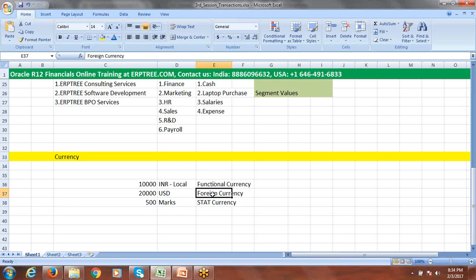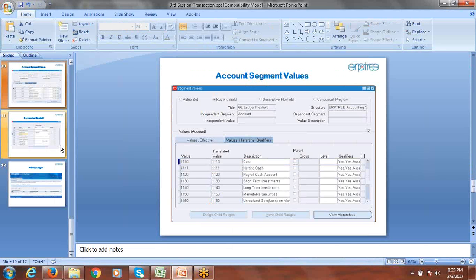So functional currency, foreign currency, and stat. Functional means the country's local currency. Foreign means other than our local currency; all other currencies are foreign. Stat is in reality not a currency. Statistical information like marks, kilograms, square feet, meters, centimeters, all we call statistical measurements. The statistical measurements Oracle has given the name stat currency in our application. So when you talk about the slides here,